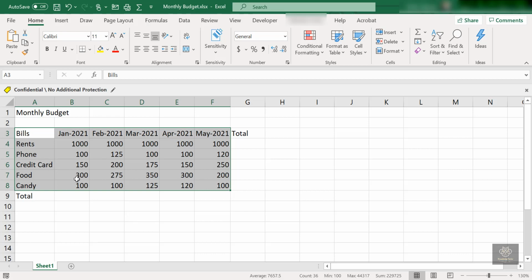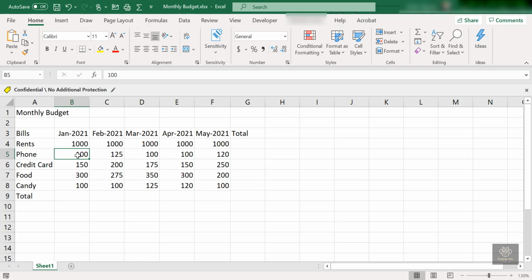Now, a couple of little shortcuts. You can also reference non-contiguous cells, or cells that are not touching. This will become very important. When you get into formulas, charts, and pivot tables, you will want to reference cells that do not touch each other. So I can say I want you to look at the headers and rent. These are the headers and these are the rents.